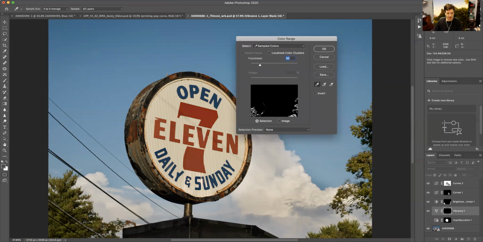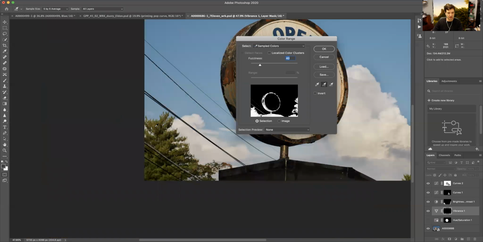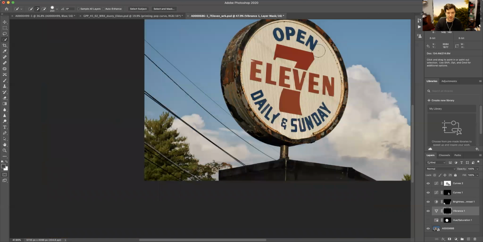You can see when I do that, I'm getting a pretty decent initial selection, and I need to come to the plus and I can add to this. But you'll see as I start to add to this in different places, I'm going to kind of click around. I'm getting a good selection of the trees, but the other thing that's happening is the whole sign is starting to also get quite selected. So I could maybe really make a good selection here, but part of my problem that I'm going to be tackling is